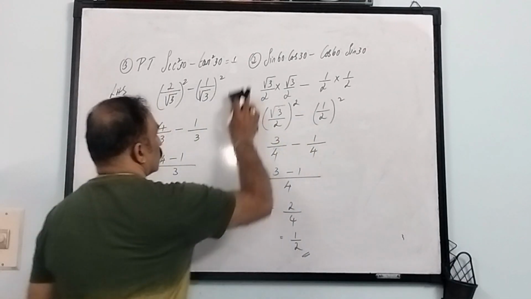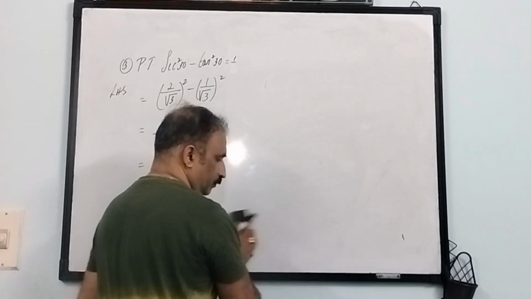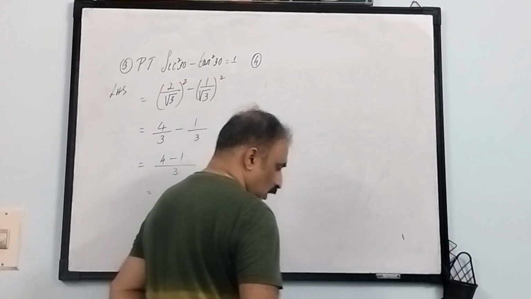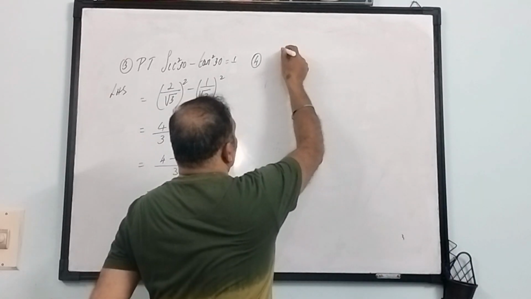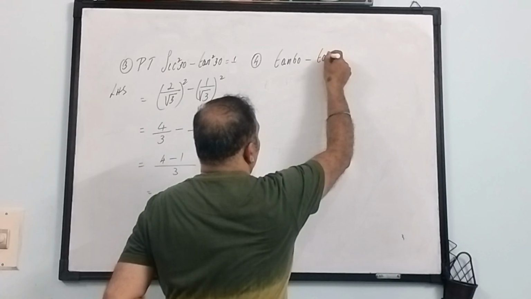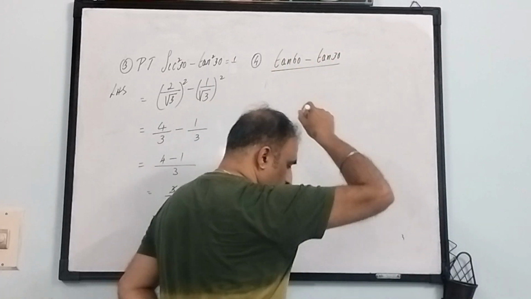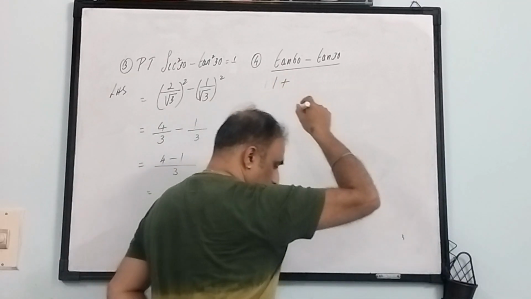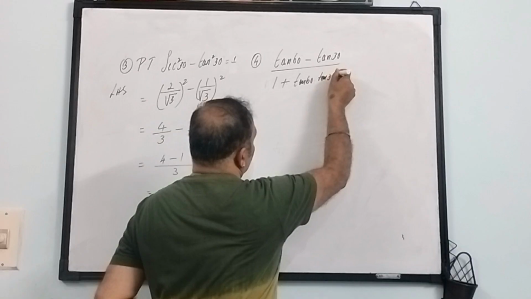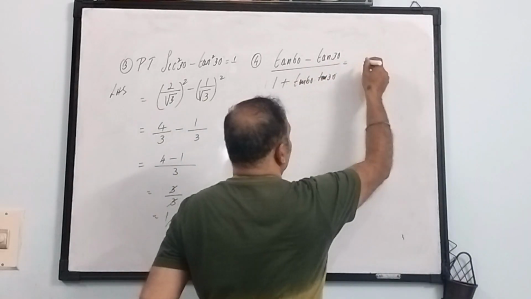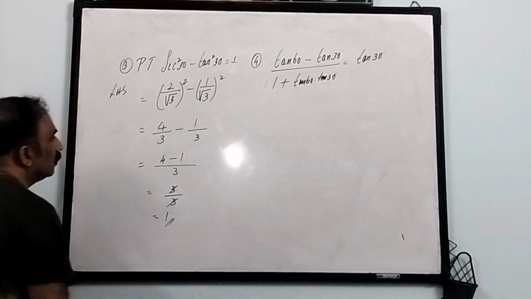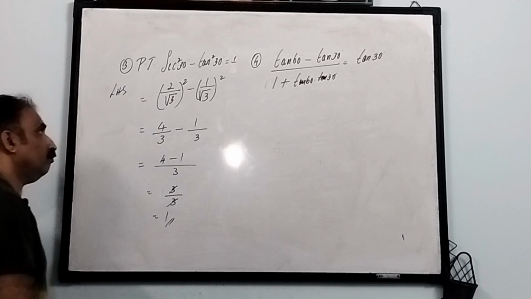Okay, coming to the next level. So tan 60 degrees minus tan 30 degrees, whole divided by 1 plus tan 60 degrees into tan 30 degrees. You have to prove it as equal to tan 30. Okay, same as that, we'll take up